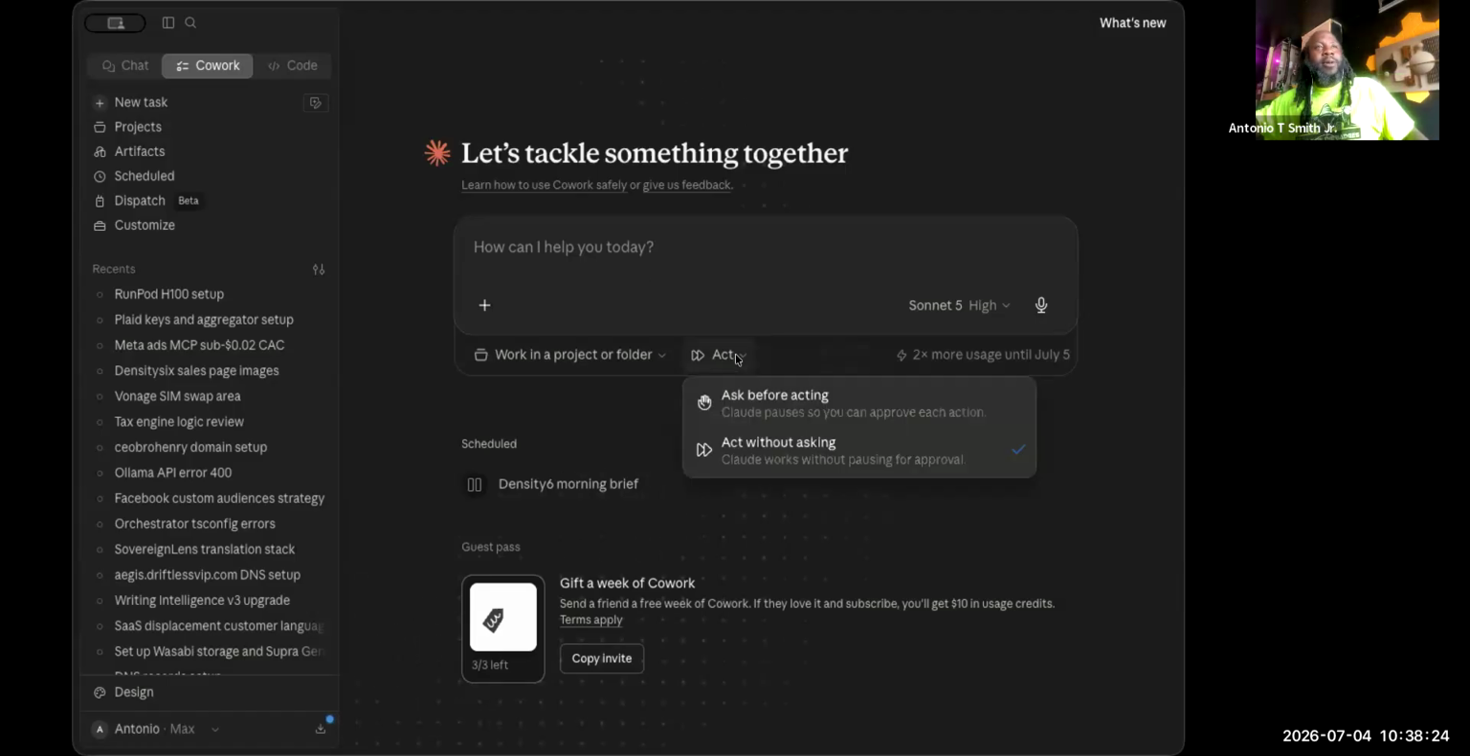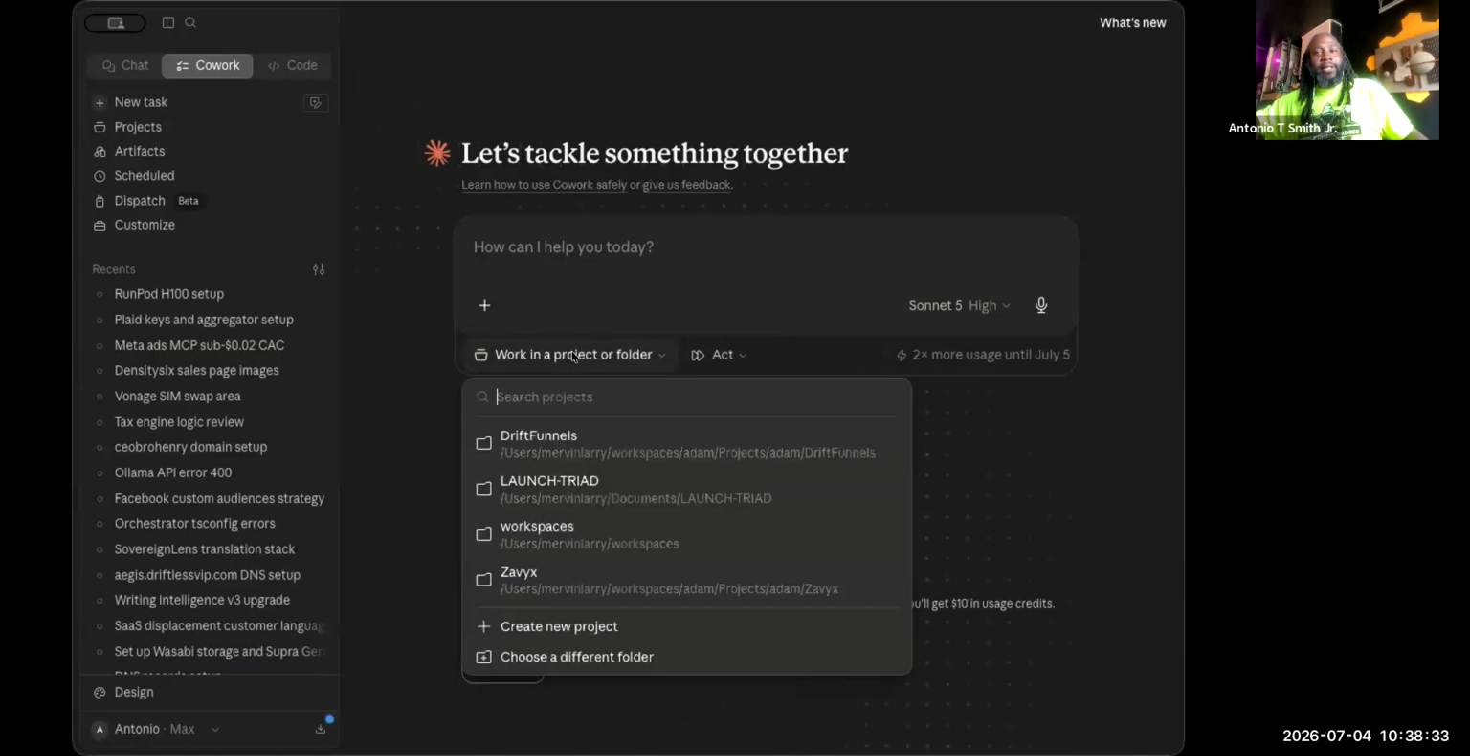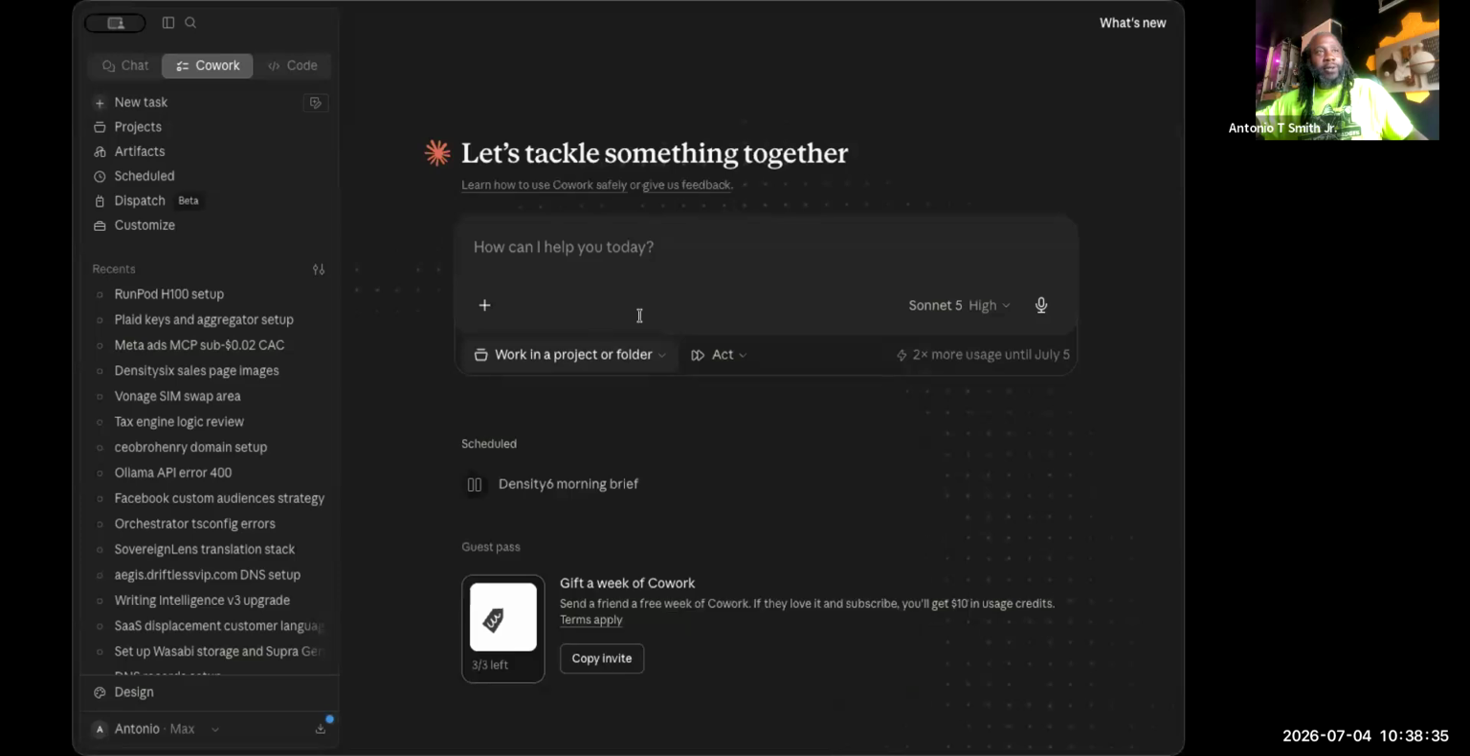Here, I'm going to put on act without asking because I have a bunch of stuff here. In your case, you would pick a folder. As you can see this folder on the screen, you would pick a folder, and that folder will go to DriftFunnels. I want you to tackle this whole folder. In my case, this is what I'm going to do. I want to say,